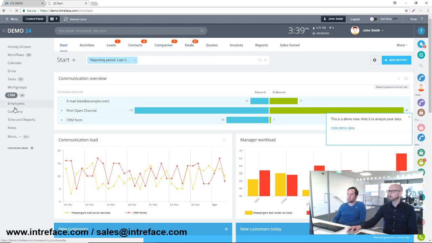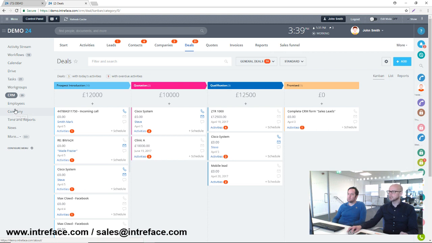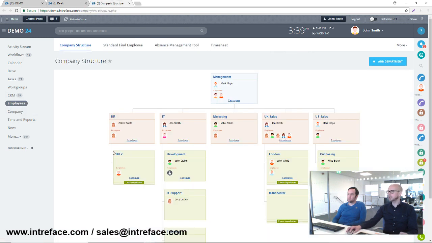Well, firstly, the way to do this is to go to your employees section and create your company structure. There are different ways of doing this, but this will certainly be the starting point. You can create different sales teams. So we have a UK and a US sales team here, and we can create permissions based on these individual